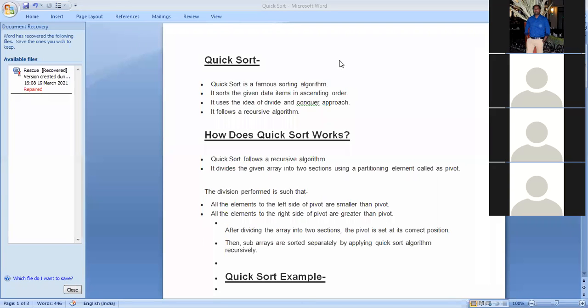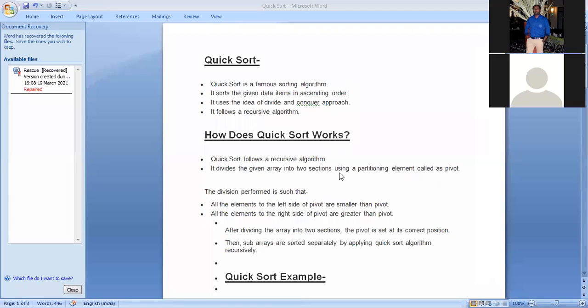So after dividing the array into two sections, the pivot is set at its correct position. Initially we'll take one pivot element, and the pivot is set at its correct position.